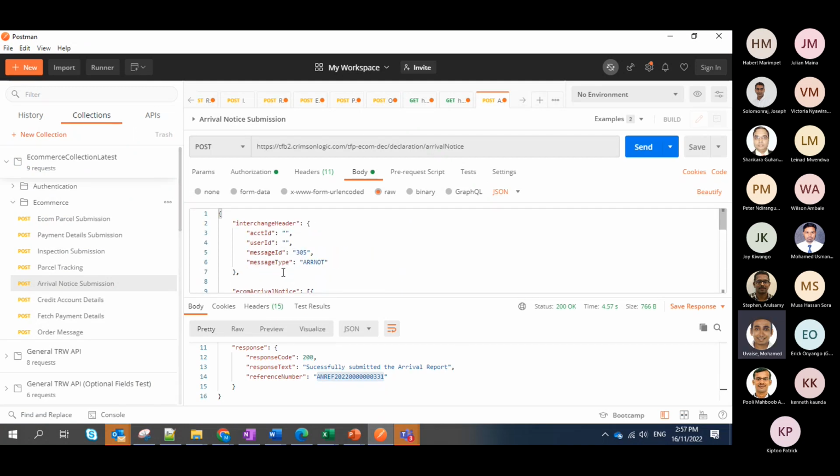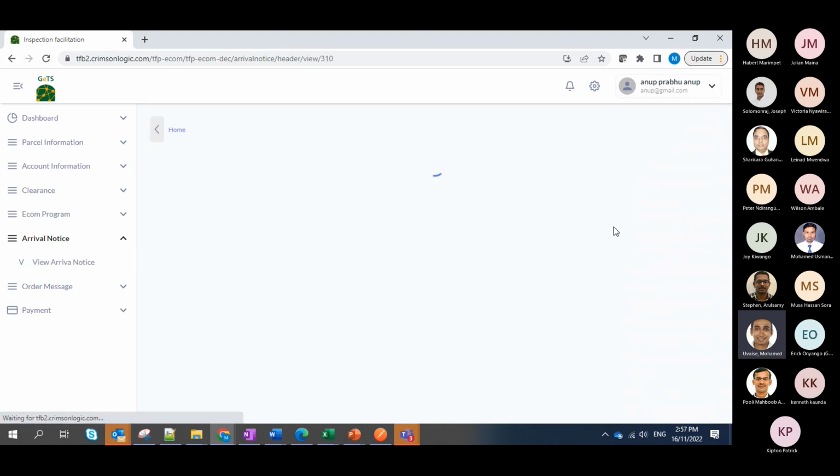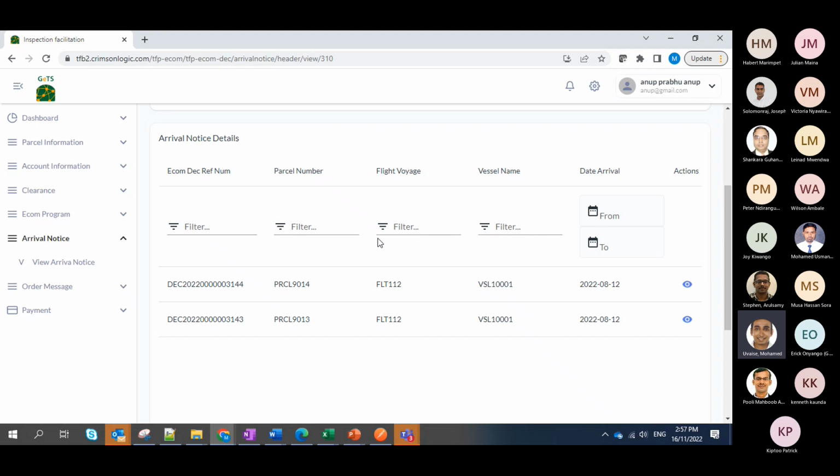There's a payload that the submitter would need to adhere to, and they could do a submission, and this information would be submitted to the application. The arrival related information will be captured, and this would then be used to notify the relevant stakeholders.